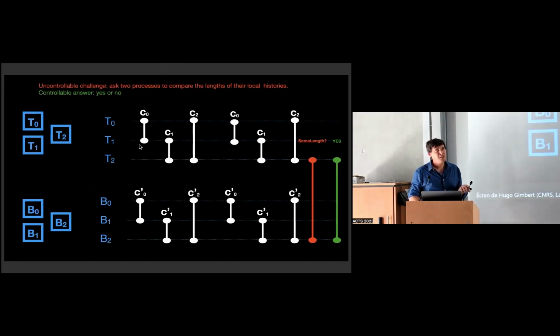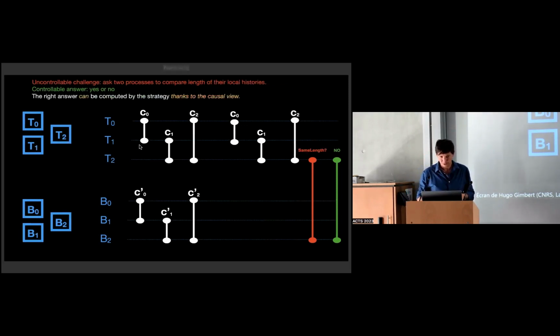I had a debate with Igor because for him, controller synthesis is asking about a finite strategy. But in general, when you are able to answer the question about the existence of a winning strategy, it's more or less the same as the finite one. But let's be careful. For me, I don't want any restriction like that. I just want existence of a strategy, whatever it is, even if it's not finite memory. So again, with their causal view being everything before, they can compute the correct answer. So let's try to